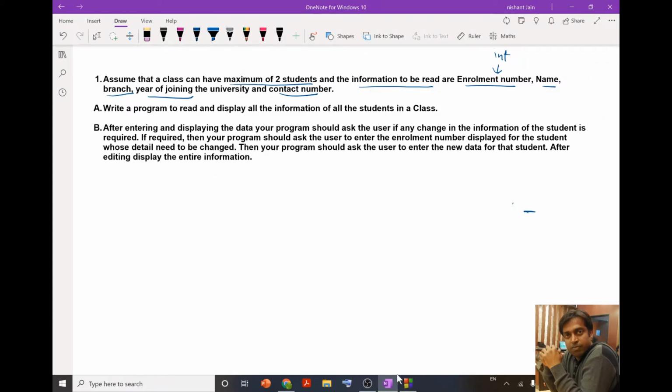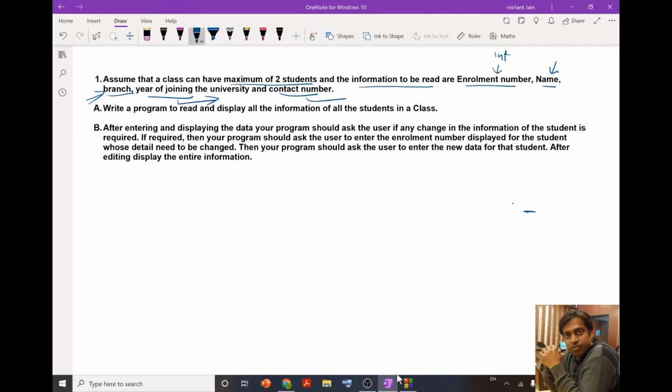After that, name. For name we can create an array of characters. For branch, again we can have an array of characters. For year of joining we can have integer, because our year can be only up to 4 digits, so we can declare it as integer.